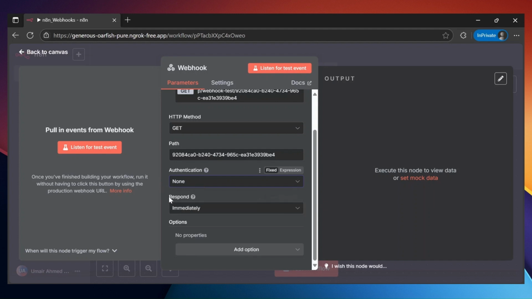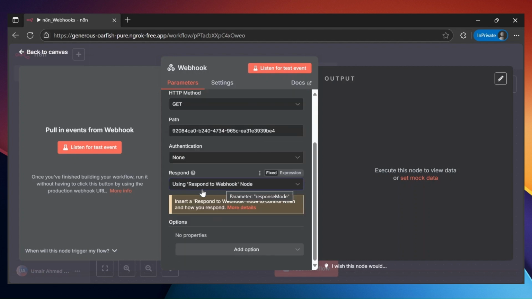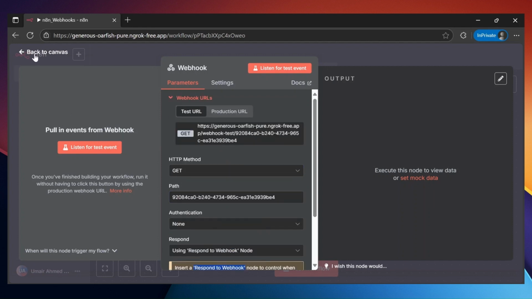Secondly, we have an important thing, and that is this response. How you are going to send a response. By default, this is set to immediately. We can obviously change it. So we are going to use this respond to webhook node. This is a special kind of node which will be triggered whenever our workflow gets completed, and usually you are going to put this respond to webhook node at the end of the workflow. So we are going to set it to respond to webhook, and now we need to insert this respond to webhook node. So just go back to the canvas